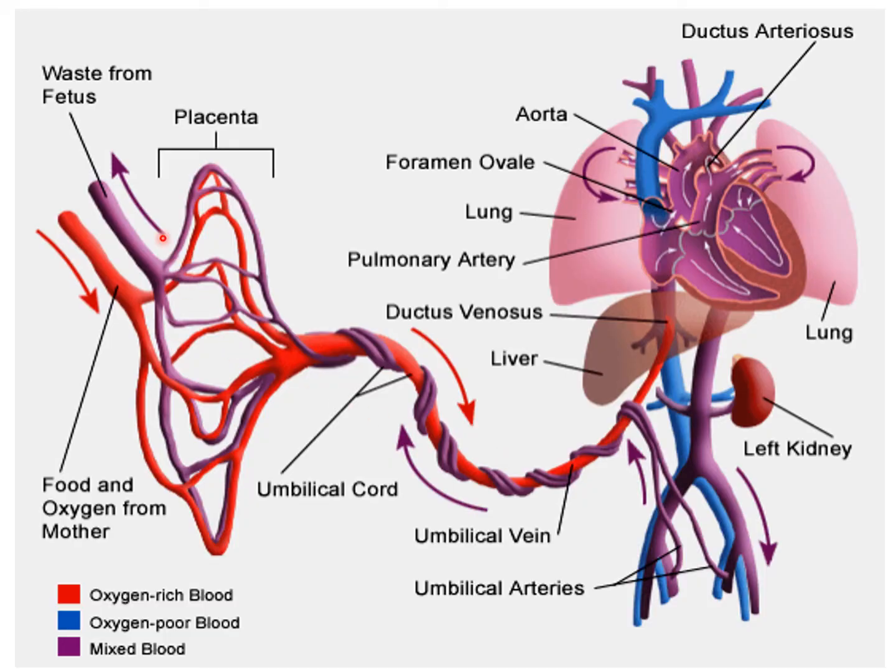So if we talk about again the food and oxygenated blood from the mother, it passes through the umbilical vein into the liver. From the liver, it directly goes to the inferior vena cava through the ductus venosus. Most of the blood, and some of the blood, enters the liver, from the liver to the sinusoids, from the sinusoids to the hepatic veins, and from the hepatic veins to the inferior vena cava.